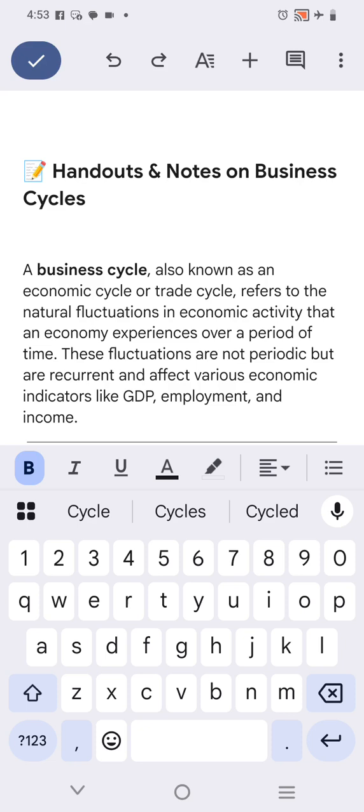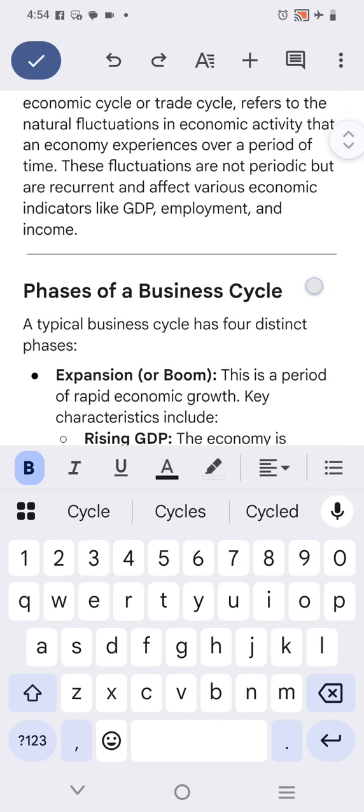but they are recurrent, they can come again and again, and affect various economic indicators like GDP, gross domestic product. Because gross domestic product is all about the products we are producing in a particular country in a particular time limit. And we are talking about final goods and products here. Business is very important for any of these goods and services. Employment and income